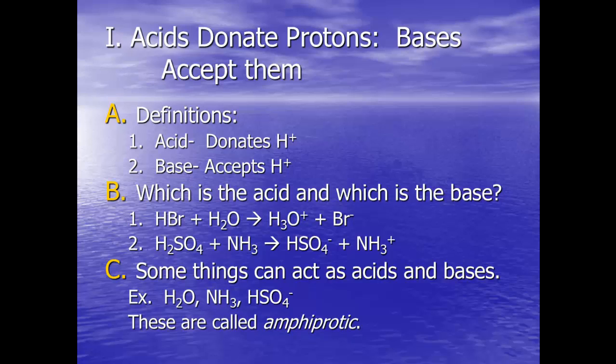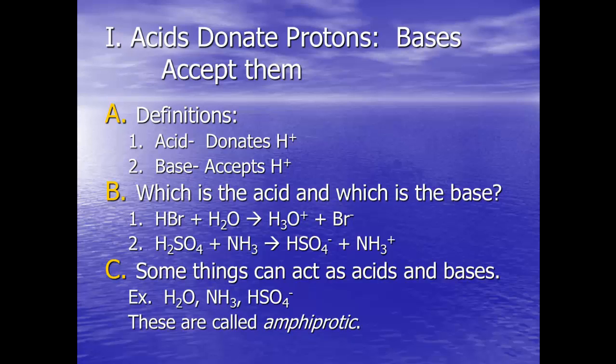In number 2 here, we have H2SO4 plus NH3, and that goes to HSO4- and NH4+. So which one was the acid? Which one donated an H+? You'll notice that the H2SO4, once it reacts, has an extra electron, but it's missing a hydrogen. So it donated the hydrogen, and that's actually called sulfuric acid. And then we have NH3, and it accepted a hydrogen,